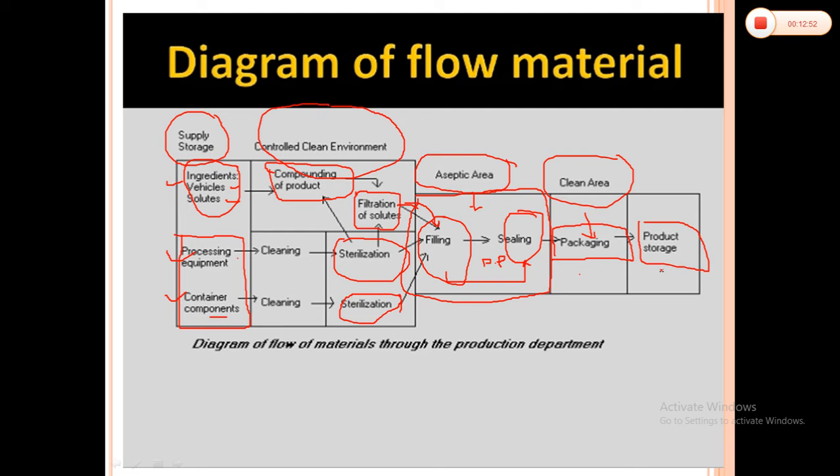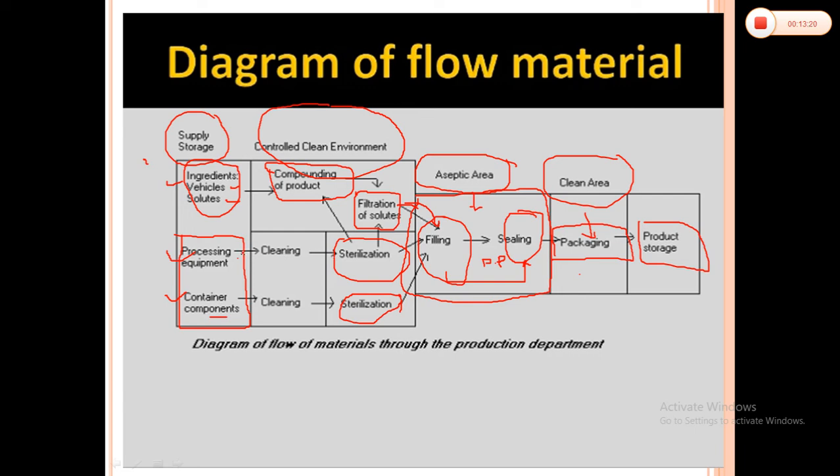So cleanliness is maintained, but there is no need to meet the other conditions like aseptic conditions or compounding room conditions. A normal room will do for the packaging and product storage purposes. So we come to know that this is the process where the flow goes from the dirty area to the aseptic area. The flow of material is very important.